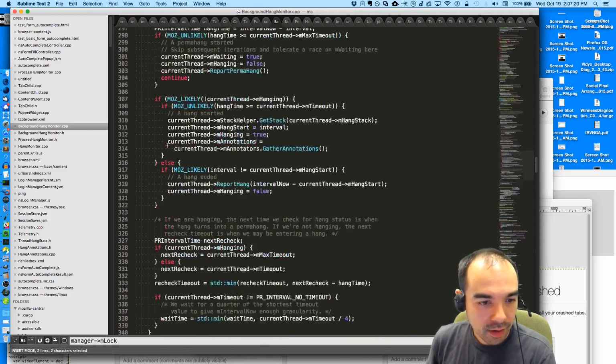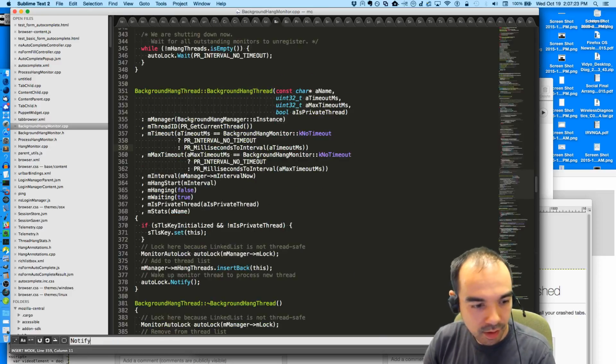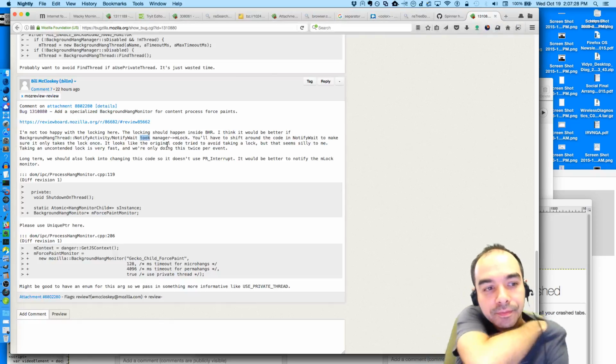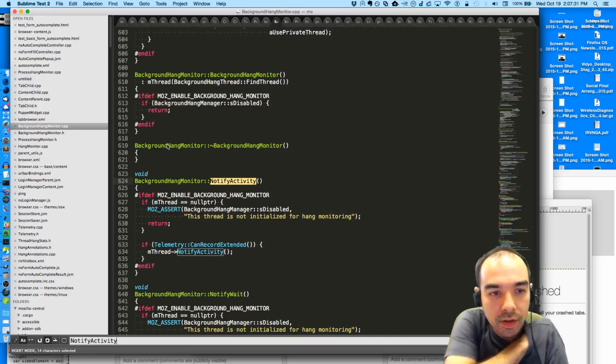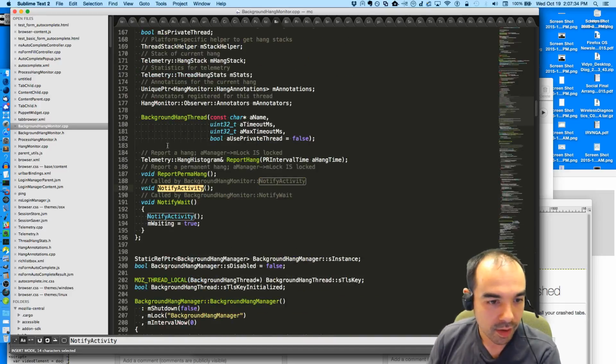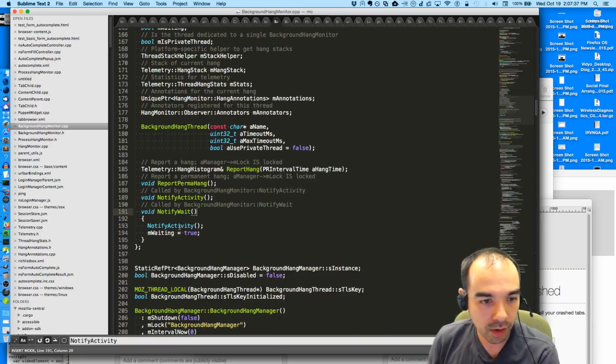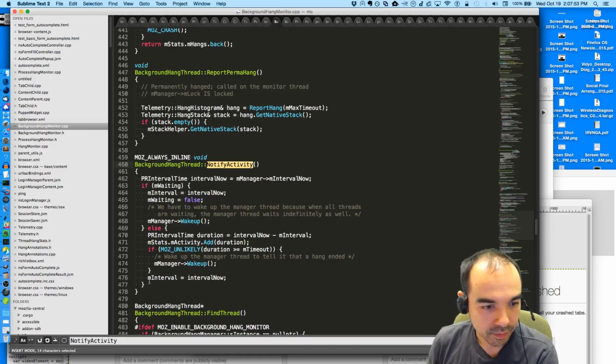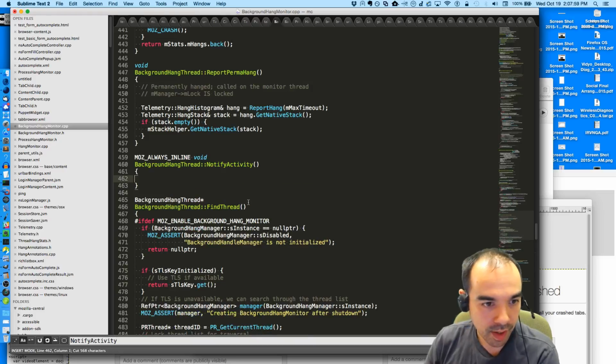Okay. Now what he's saying though is that notify wait calls notify activity. If we were to take a lock here, then notify activity would take that lock a second time. So we probably want to reorganize a little bit of the code here. Notify activity does all this stuff. So maybe what we want to do is like